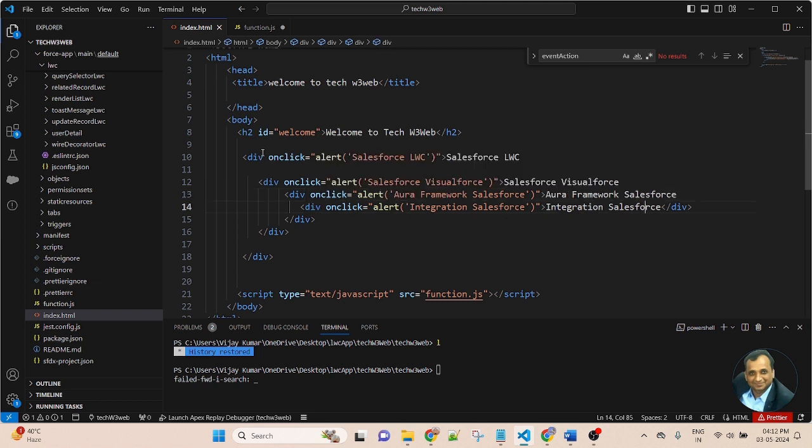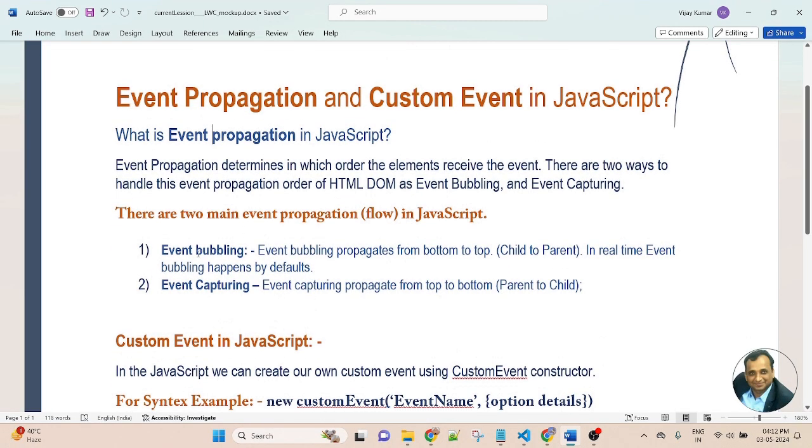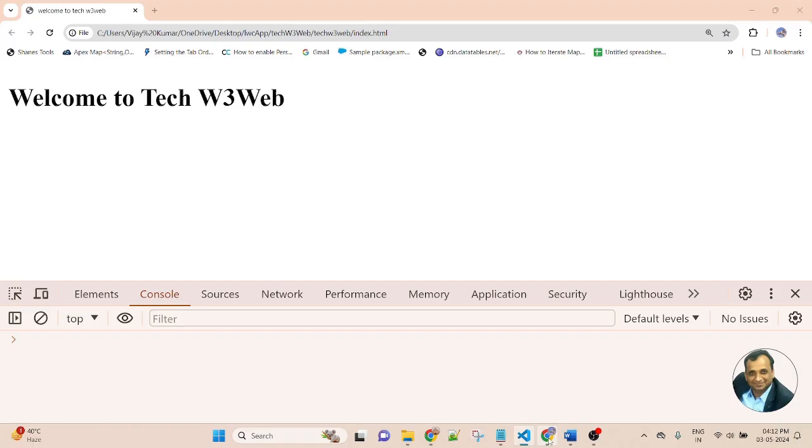So this is the structure: parent to child, child to child. So as per event propagation, event bubbling, if I click on the child, it will automatically propagate from child upward. Now let me save the file and open it in the browser.